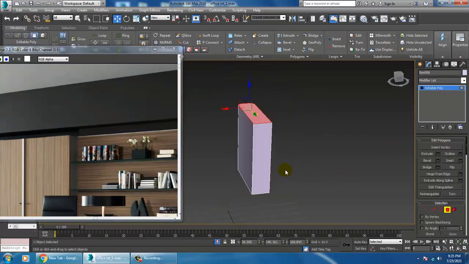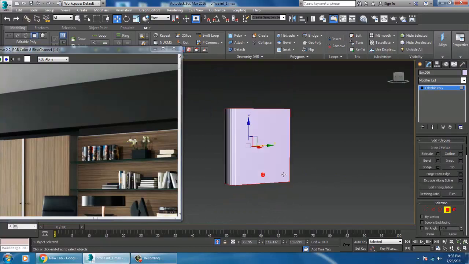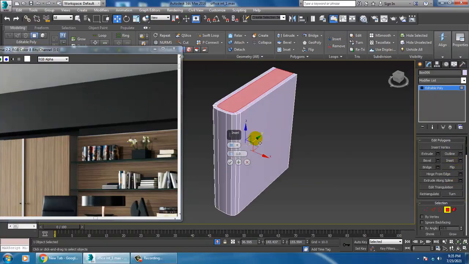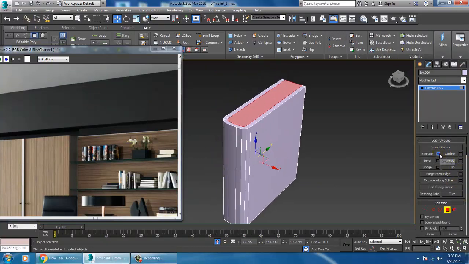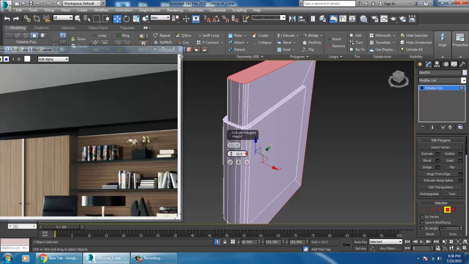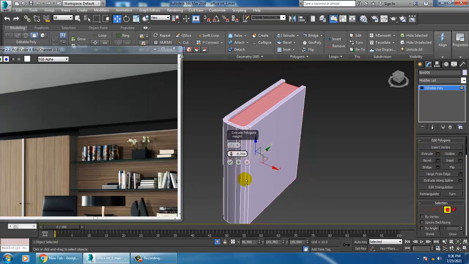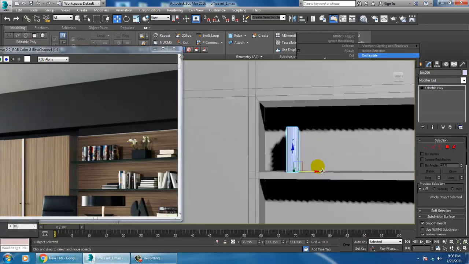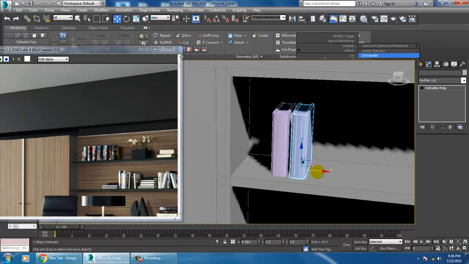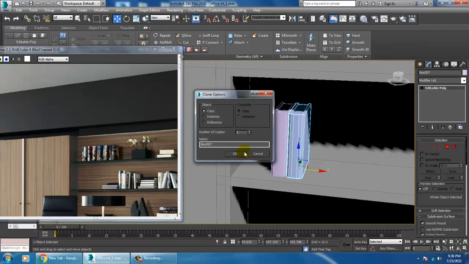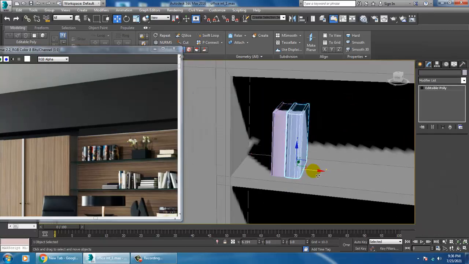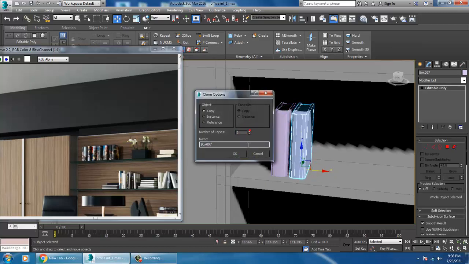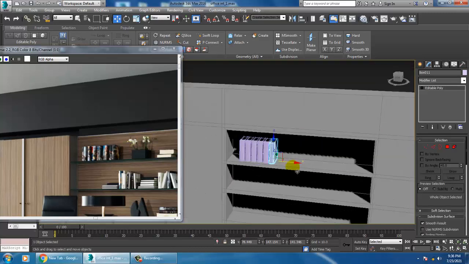Again I will select this part and slightly inset it and extrude it by local normal and click OK. End isolate this stuff and let's duplicate this all. I'll slightly put a bit of distance over here and take a few copies of it.